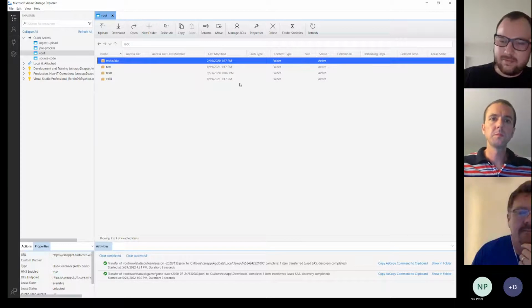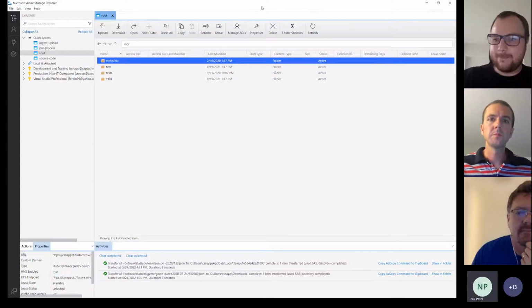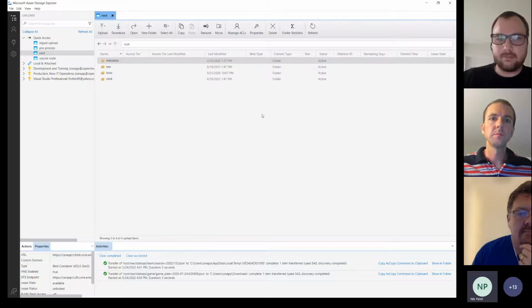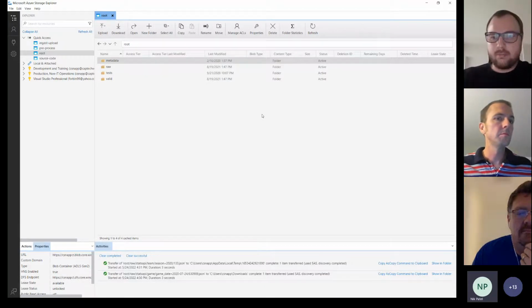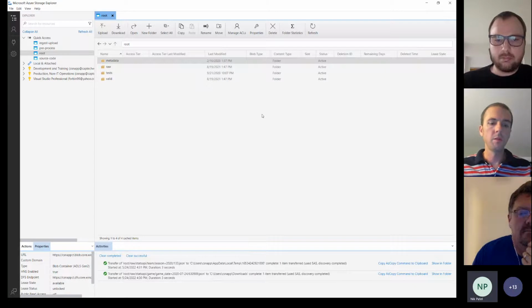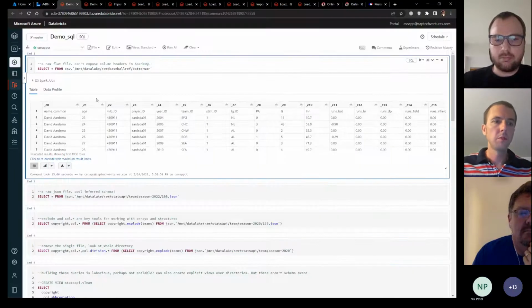Nick, go ahead. Yeah, I mean, you mentioned that we can create the table also on top of the data lake files, tables and views. And where can we see that structure though? I mean, Databricks is just the processing engine using the Spark cluster. So where do tables and views get created then?